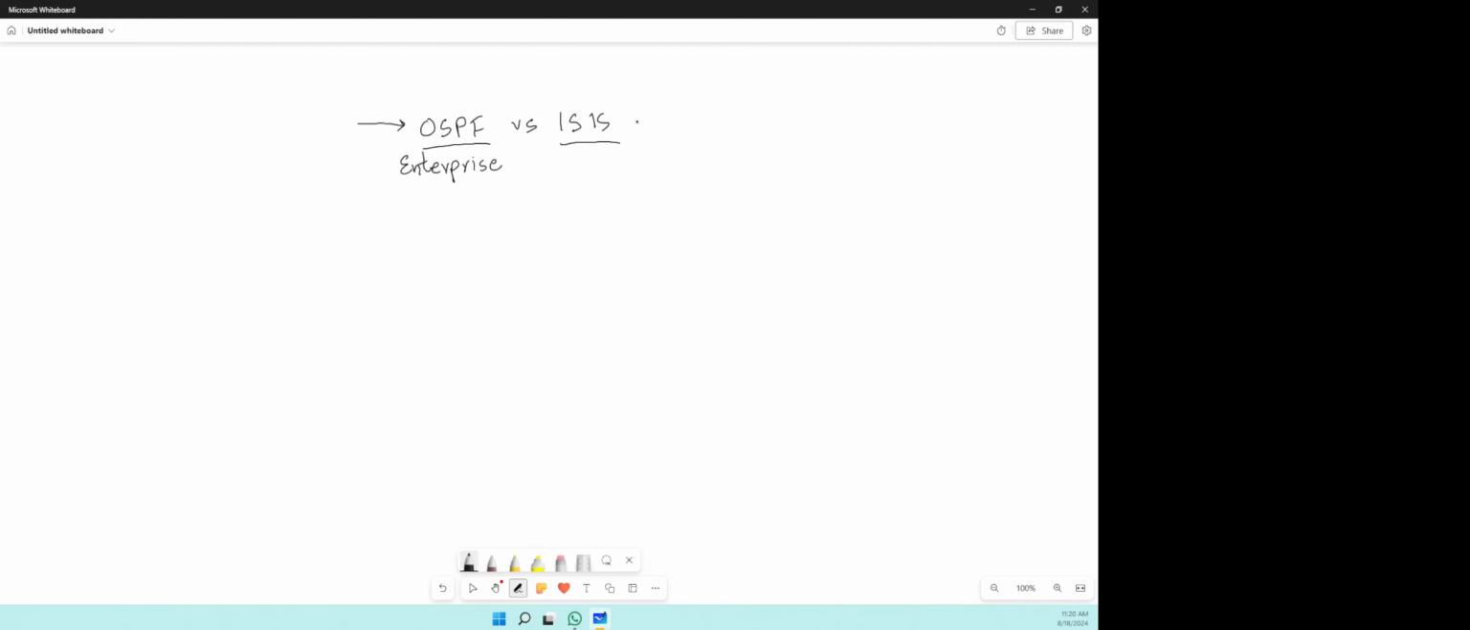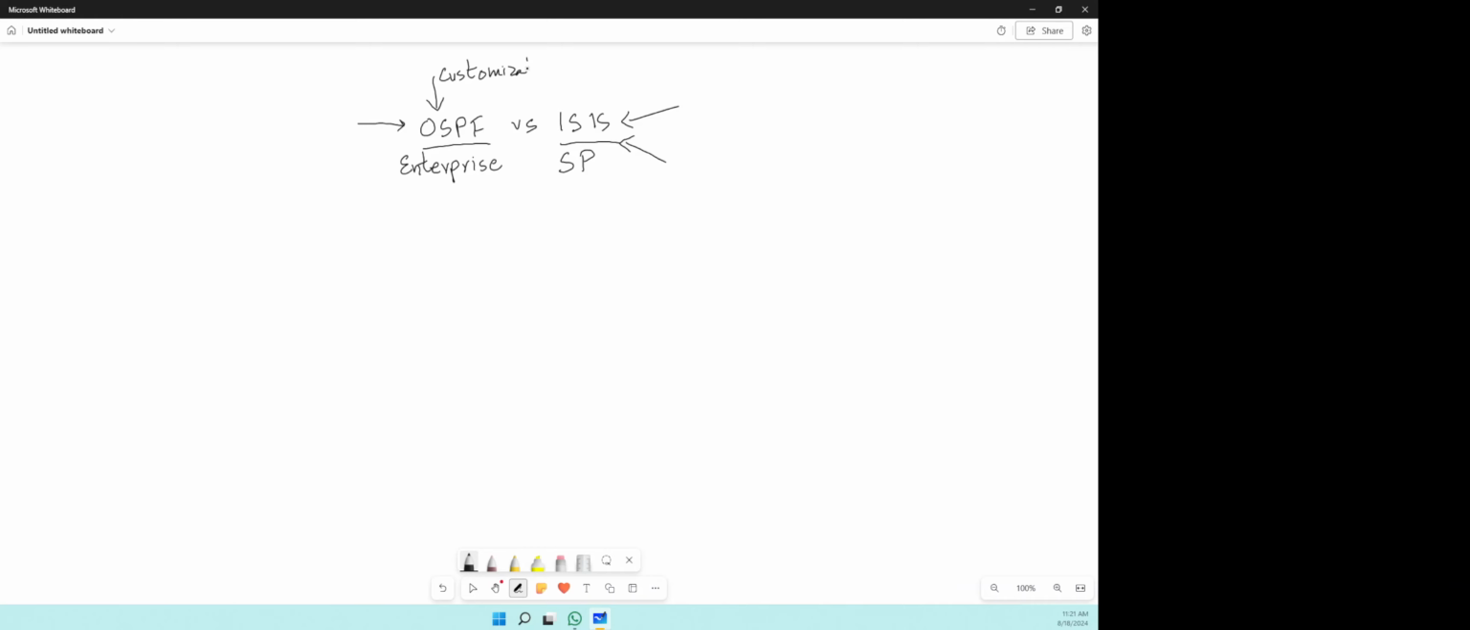Versus ISIS, which you have probably seen in service providers. It has always bothered me to figure out which one to choose. And I think I've begun to appreciate ISIS more, and I will share my thoughts in terms of why. Even though OSPF may give you more customization, which ISIS does not,